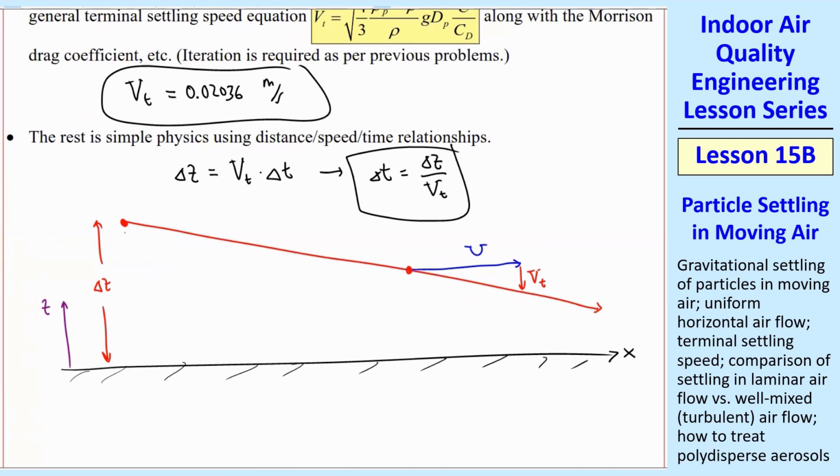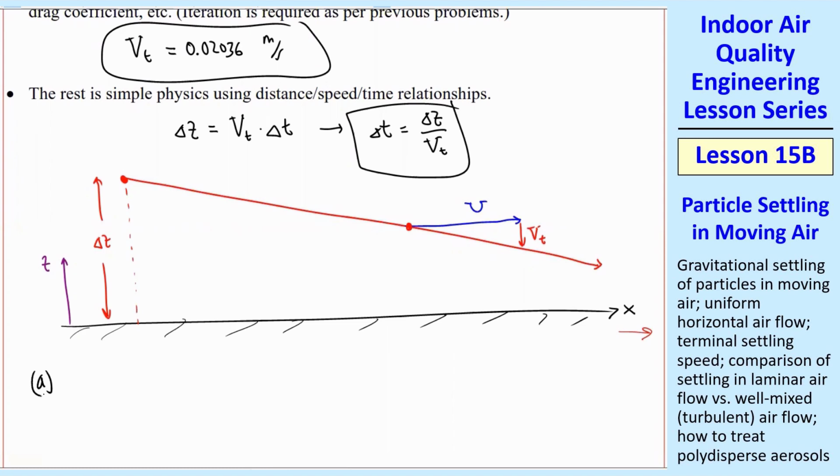So the particle is essentially just falling at VT to the ground. It's also moving to the right. It'll eventually hit the ground at some distance X to the right here, but I didn't ask for that. All I asked for was how long it takes for it to hit the ground. So for the laminar case, everything is nice and uniform. We plug in our numbers. The initial height or elevation was given as 200 meters, and then the VT we just calculated is 0.02036 meters